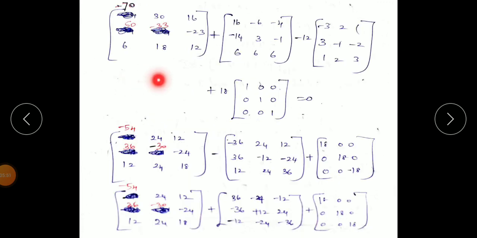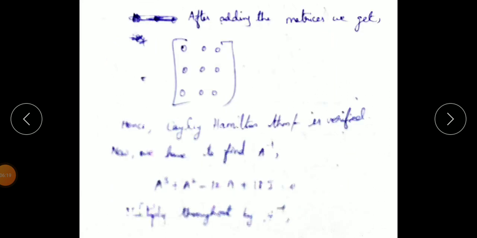And then next, A cube plus A squared minus 12A plus 18I equal to 0. Okay, now this A cube and then this is this one. After adding this, you are getting this answer, as well as then this one. 12 into this A is this one, and then plus 18I is this one. After simplification, then we will get the answer as 0 matrix. You know that addition of matrices and subtraction of matrices as well as the multiplication of matrices in the lower classes, right? So now we are getting the 0 matrix, null matrix, so it can be verified by the Cayley-Hamilton.